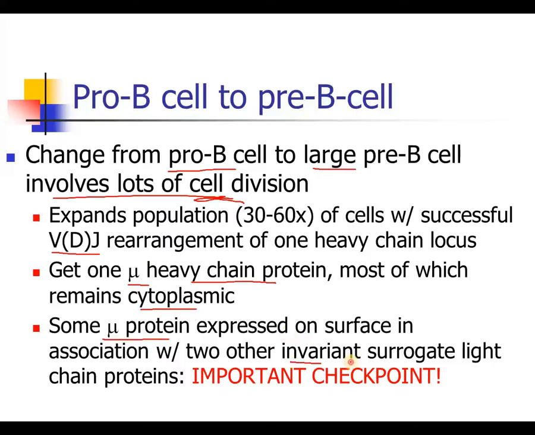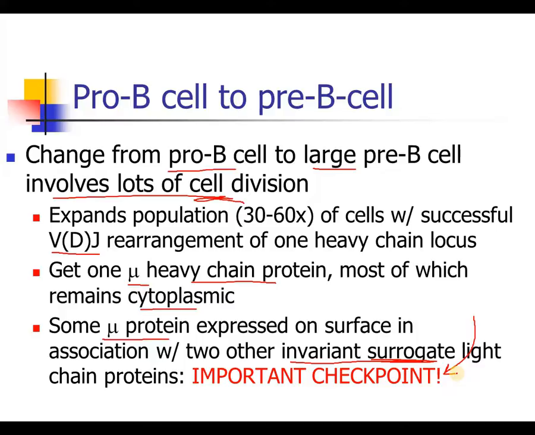other invariant surrogate, meaning they're not the actual light chains, they're stand-ins for them. So that mu protein that underwent rearrangement is going to be expressed on the cell surface with two other invariant light chain proteins, and it's going to be checked to see, is this a good B cell receptor? In other words, the mu heavy chain is going to be taken out for a test drive along with the